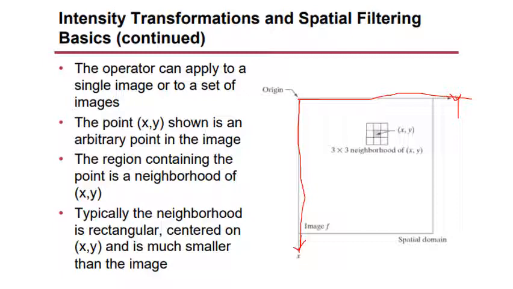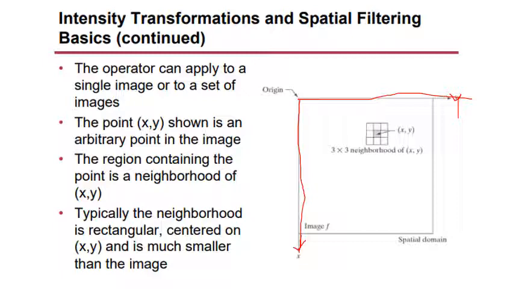What you can see here, as I told you, is that when we say we are going to apply an operation, it could be on a single image or a set of images. I can do some operation around the pixel neighborhood. If you see this figure, we are going to see some basic implementation on a single image. The prime focus is how to do some basic intensity operation on a single image.